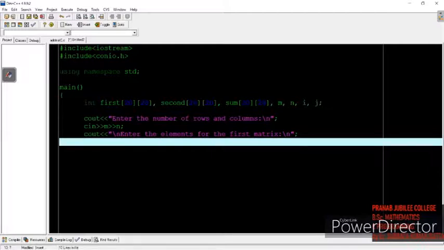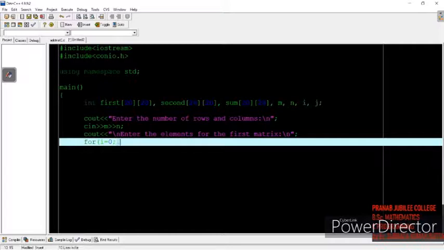We will take input for all the elements, so we run a loop, as we discussed in earlier videos. The loop starts i from 0 and goes up to less than the row value.